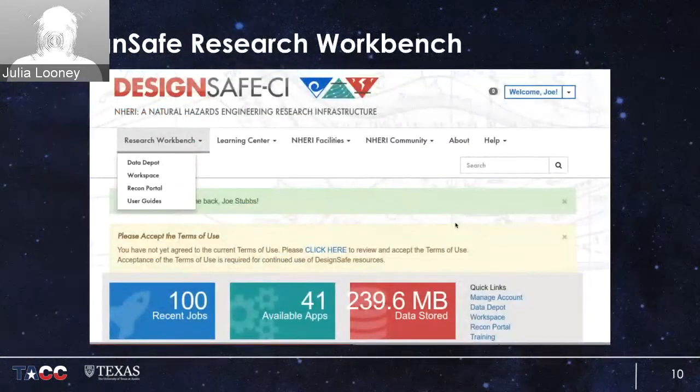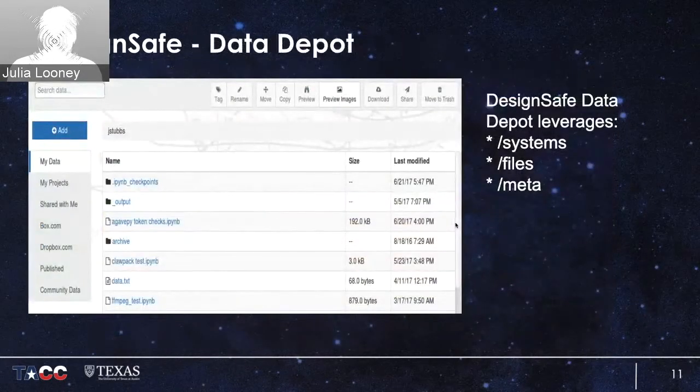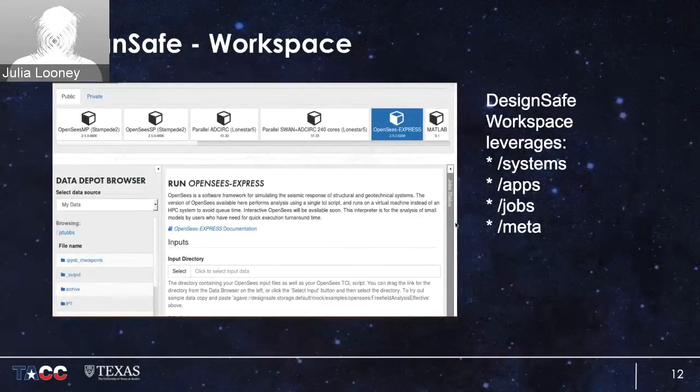Then we also have a few applications available to the users in the gateway, such as the data depot, which uses the systems, files, and metadata parts of Tapas. It also leverages systems, apps, and jobs, so that you can run jobs using Tapas.